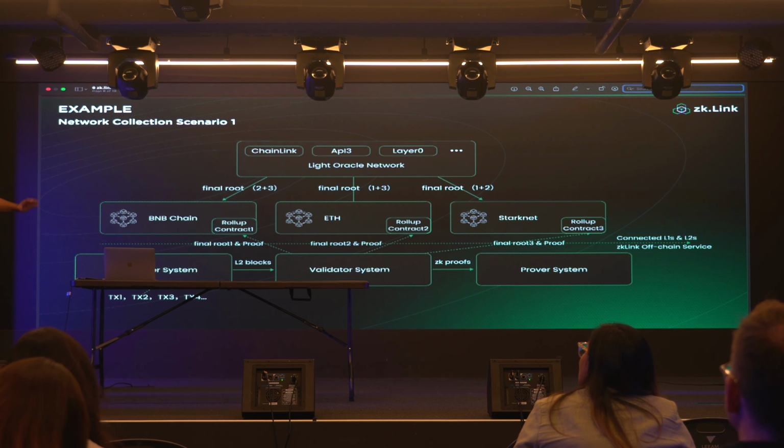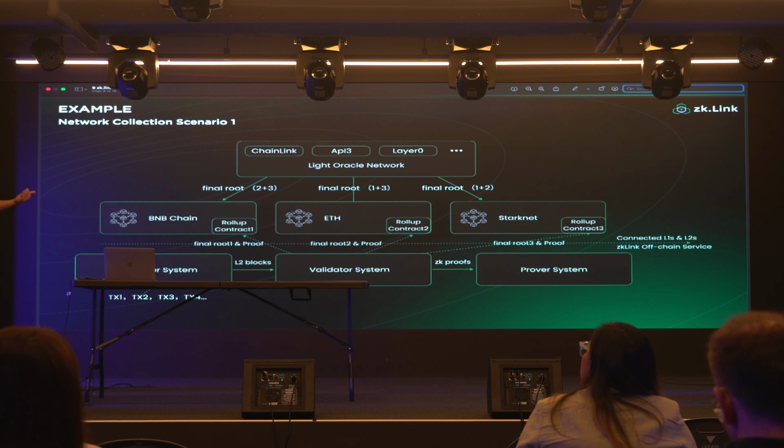The security assumption here is that as long as the Light Oracle service is decentralized and independent, and does not conspire with the validator service, which are two totally independent groups of node services, there's absolutely no chance of conspiracy. What is important to note is that the Light Oracle network service can also include stakeholders in the system. For example, for one heavy application, let's take the example of DYDX.